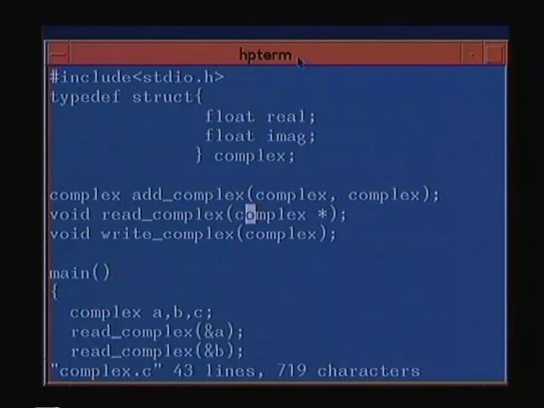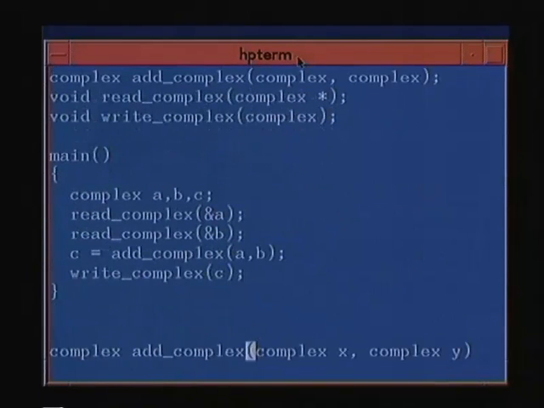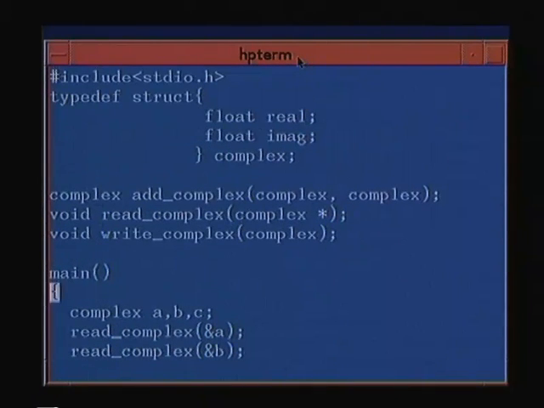So there is a difference between giving an argument which is the pointer to a complex type and a complex type. And in the simple main program we have declared three complex numbers A, B and C. Because this type definition is global, it can be used anywhere in any function. On the other hand, if you had defined this inside this main only, you would have had to redefine it in the functions.